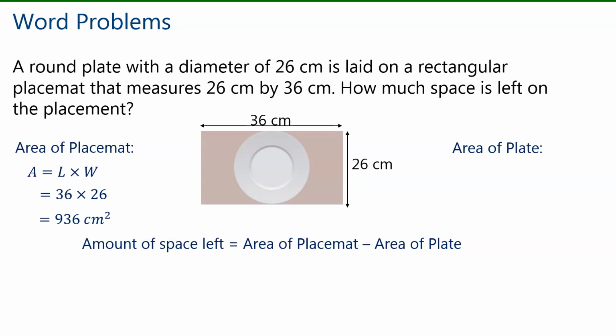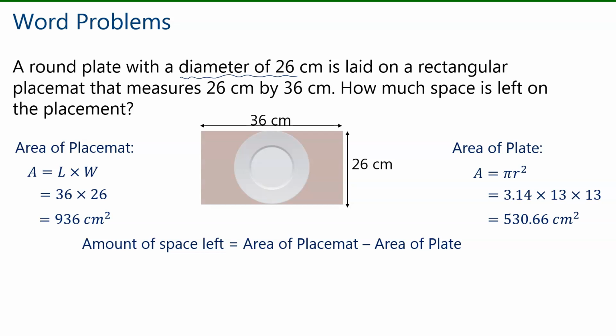Now for the plate. Since that's circular, we will say pi r squared. Now we're not given the radius, but we can easily figure that out because we're given the diameter. The radius is half of the diameter, and half of 26 is 13. So you can try using the squared button on your calculator again, or just entering 3.14 times 13 times 13. See if you get an answer of